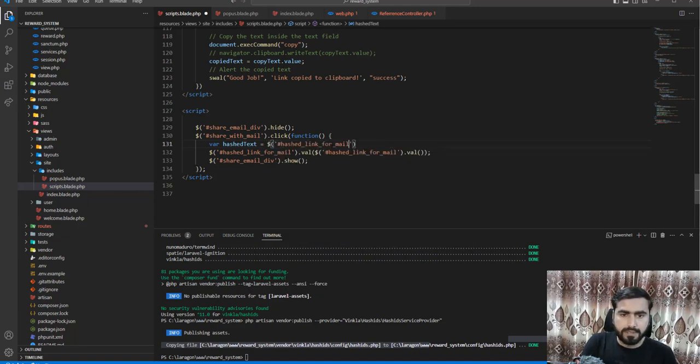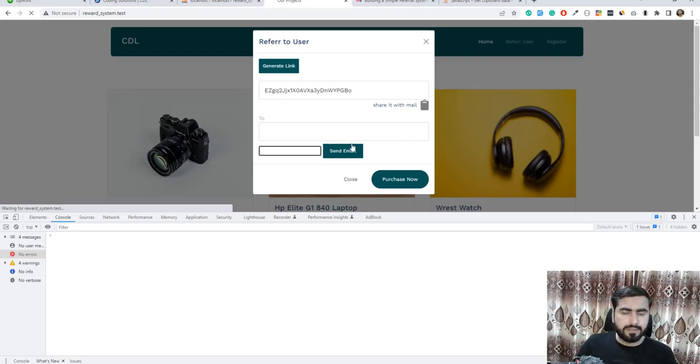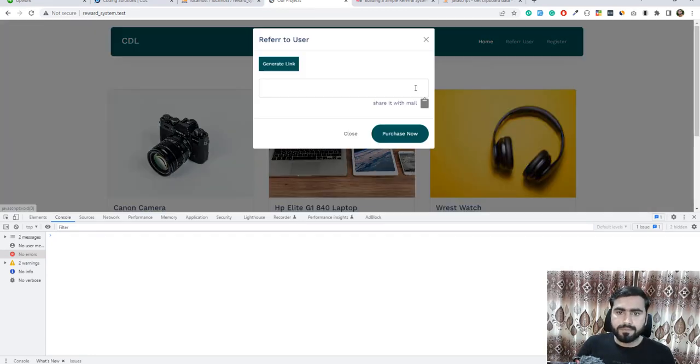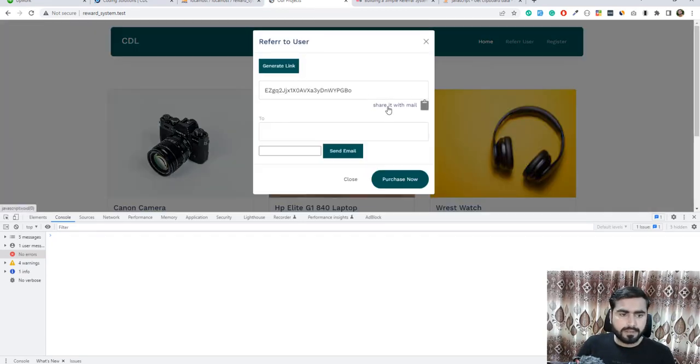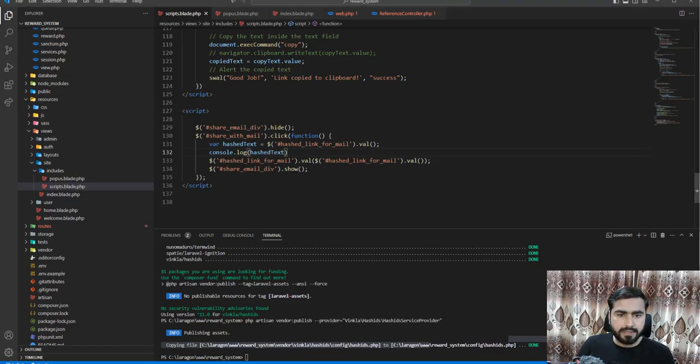Okay, it is like this, and console dot log, console.log, and this will be the hash text. So give it a refresh. Wait, wait, and still it's also getting the empty, right? Hash to,